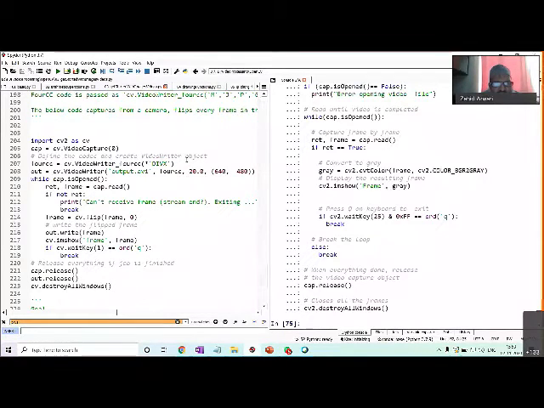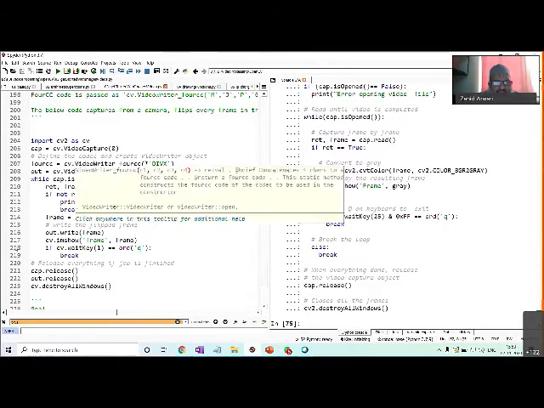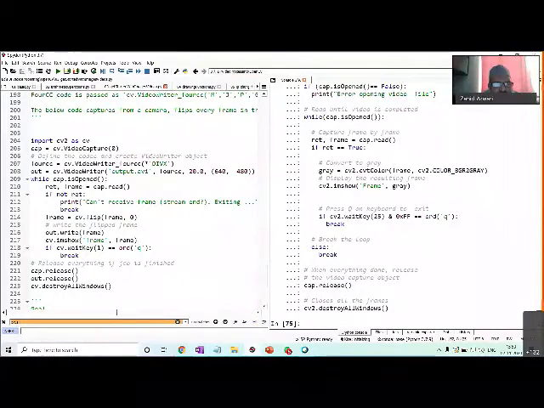For that, we need to specify the codec also. So basically a 4-character code for decoding of the video needs to be created. For that, there is a method called VideoWriter_fourcc. And on Windows, there are definite codes for this. So this DIVX, we need to take from the documentation.